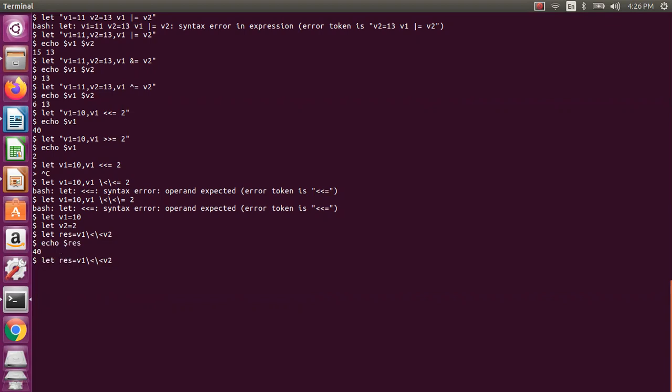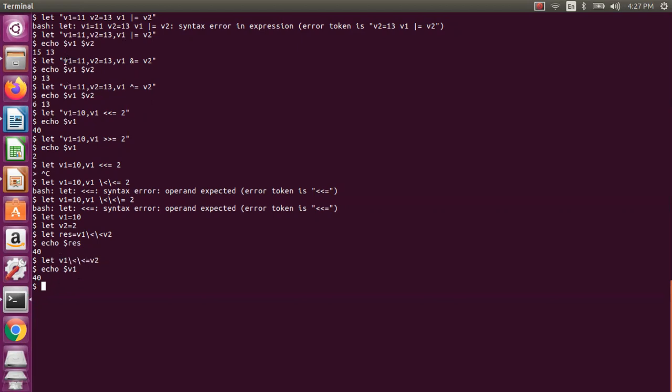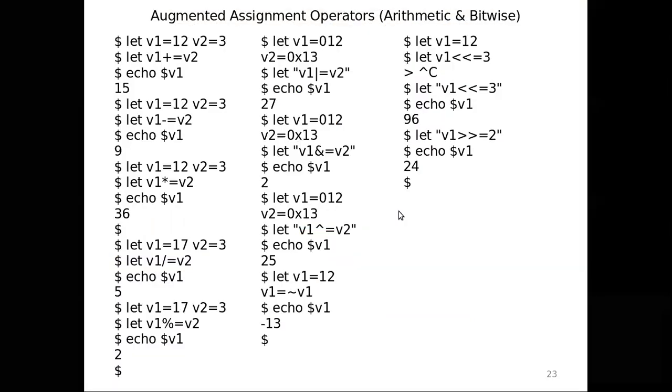So we will try this one, v1 here, v1 I don't need this, so equal to v2. Okay, so this also you can do, right? This also you can do, but the problem is this syntax is confusing. Better you use the double quotes, and you can have additional spaces also inside the double quotes. But in this case you cannot have an additional space, it will not work. So it is better to use this format. It is also possible here, but still it is better to use the double quotes because it is not a confusing syntax. Okay, so this is about the augmented assignment.